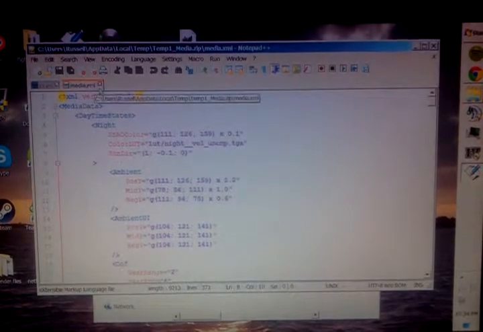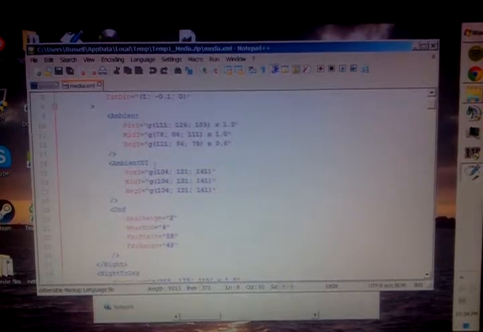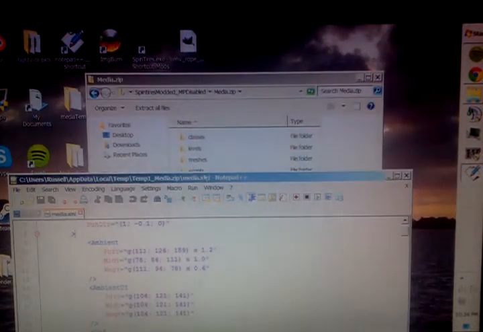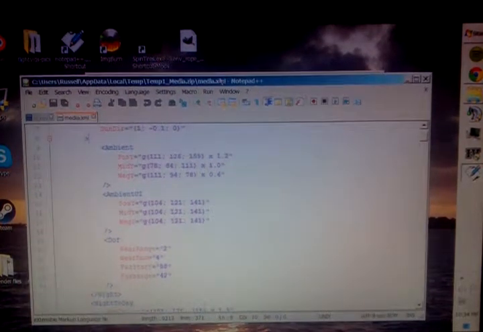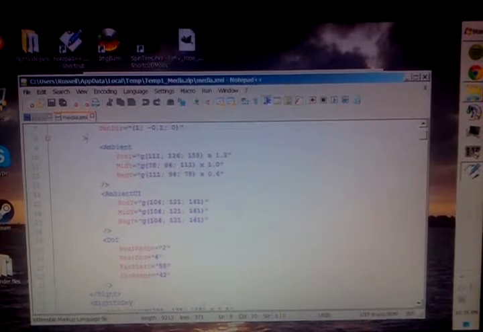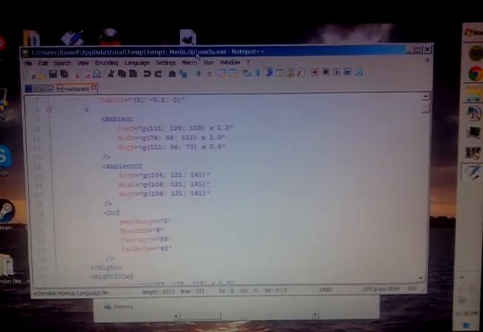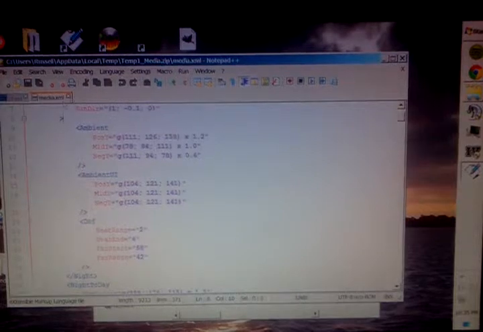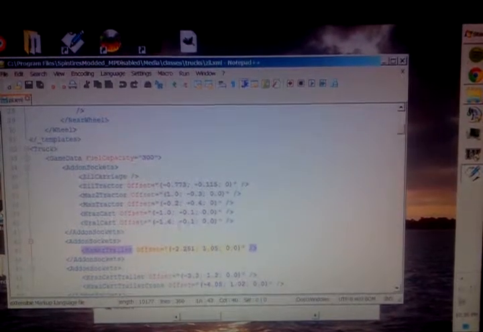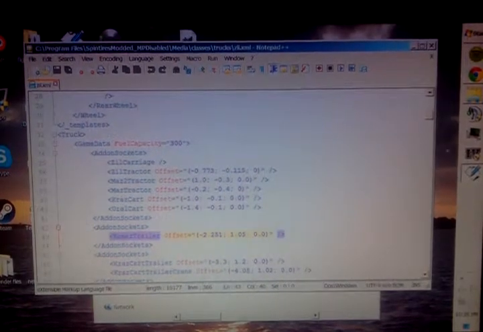So this is the media XML file. You can't edit them inside the zip. You have to copy it out to, say, your desktop, edit it, and then copy and paste it back into the media.zip folder. Just make sure you create a backup file, just in case you mess anything up, so you have the original file to put back to fix it. It's a newbie mistake. Done it myself. Anyway, that's the media file. That's neither here nor there. Apples and oranges. The real cool stuff is